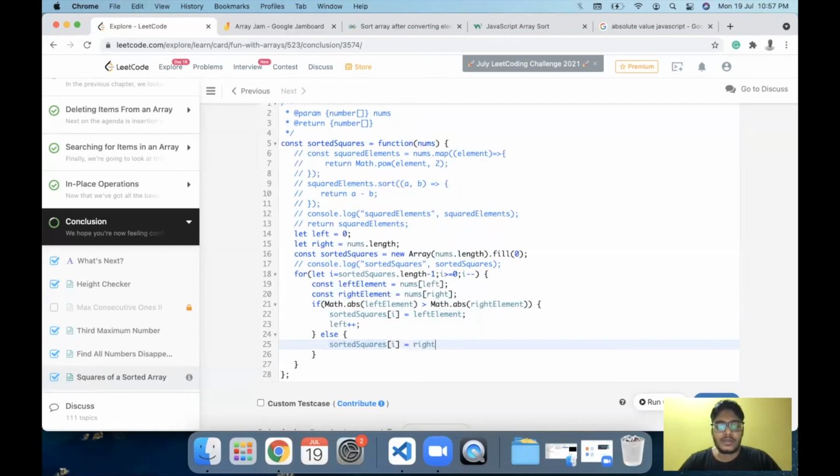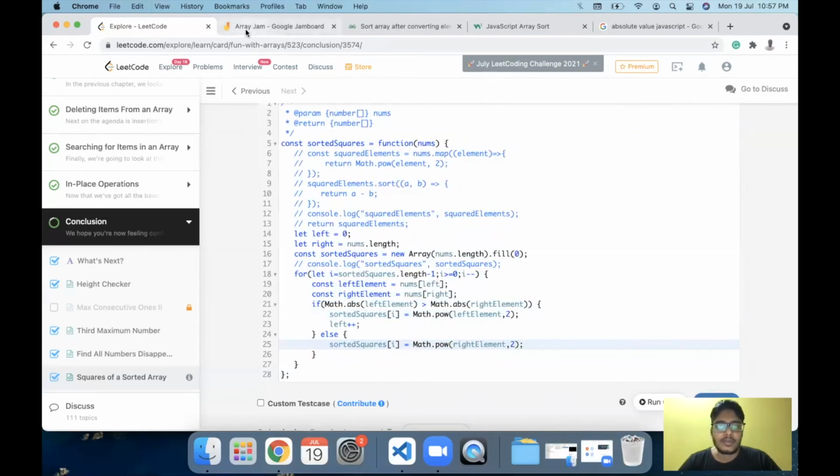but we don't need to set the last element, we need to set the squares. So in this case, we are just squaring the element instead of adding it directly. So left element squared, and this will be the same here. So we will store the square of the elements.